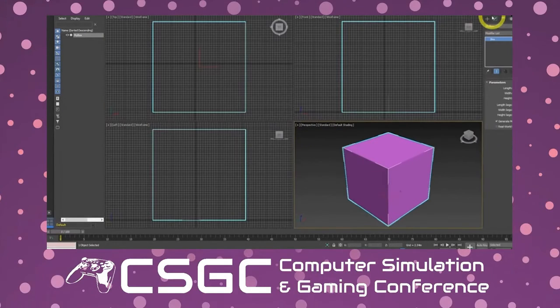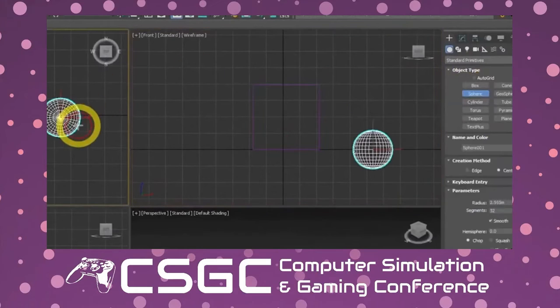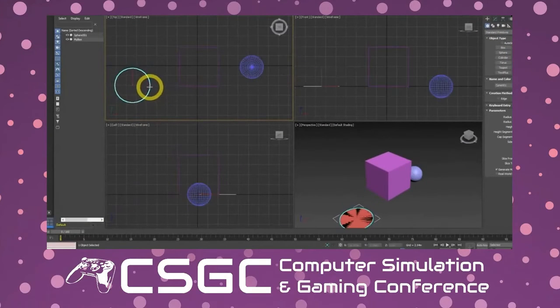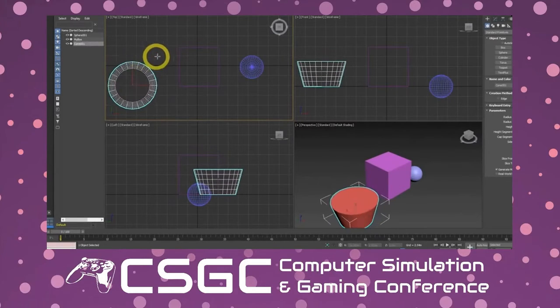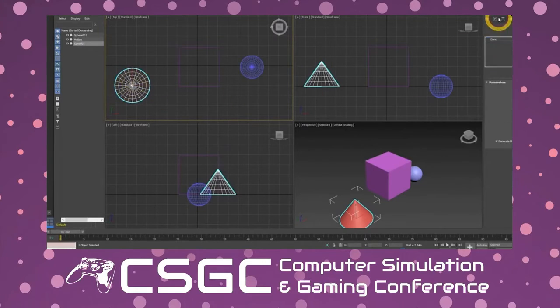Going back to my Create tab, and you'll notice I have several different objects that I can work with. I can also create spheres. I can create a cone simply by clicking and dragging out the diameter of the cone, the height of the cone, and then moving left or right to create the tip of the cone. There's lots of different ones in here, and whenever you have one selected, you can go back to the Modify tab and change the settings. Again, the colors are kind of randomized, and you can change those colors as needed.